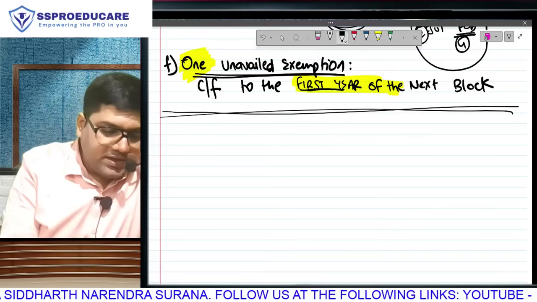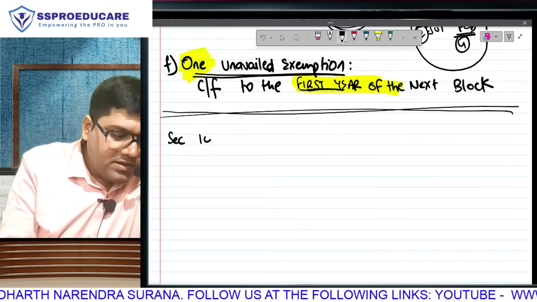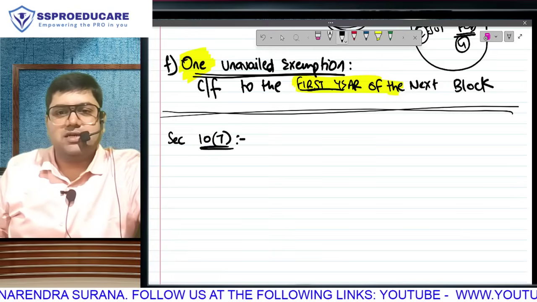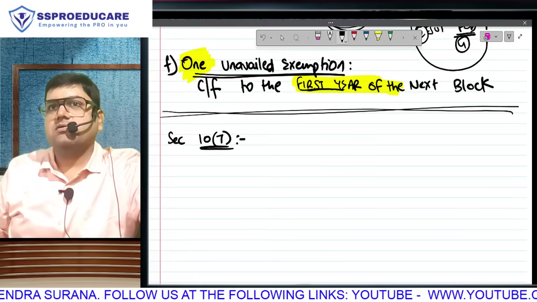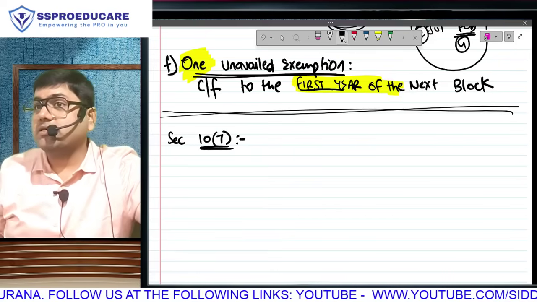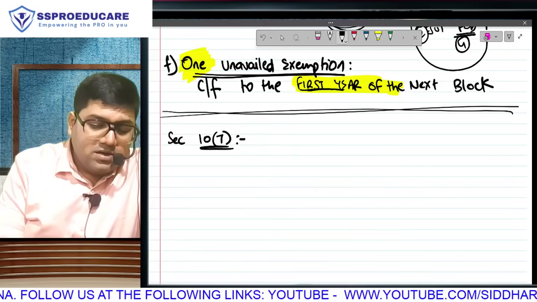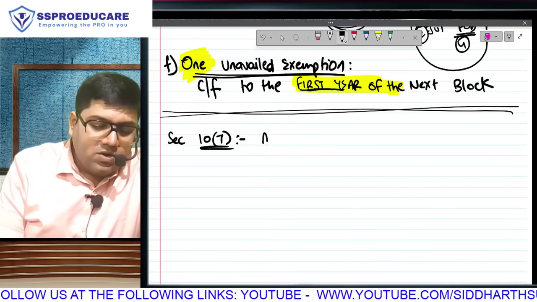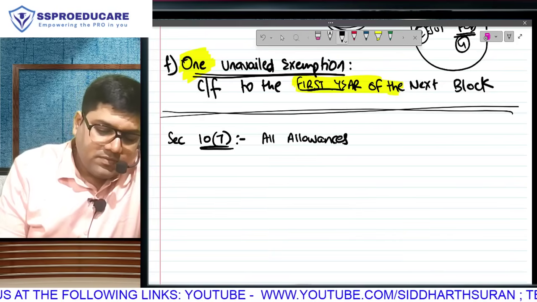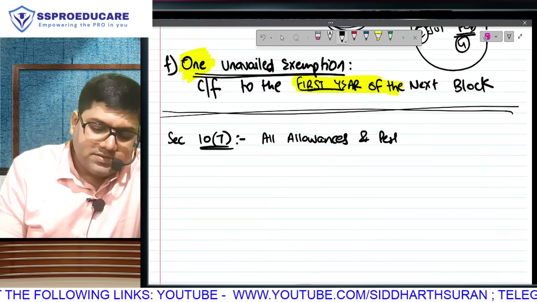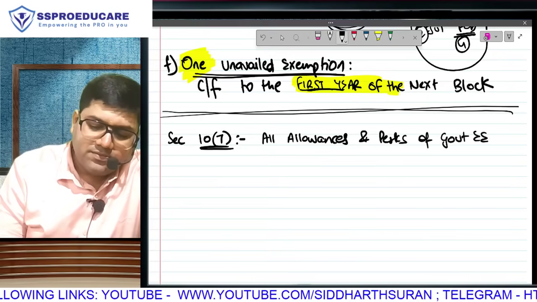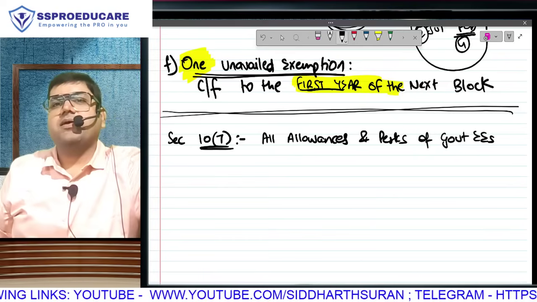Fantastic. Let's go ahead. Section 10, clause 7. The moment we come across section 10, we have excitement about one thing for sure. Exemptions. In any case, under allowances, we are learning exemptions. All allowances and perquisites of government employees,